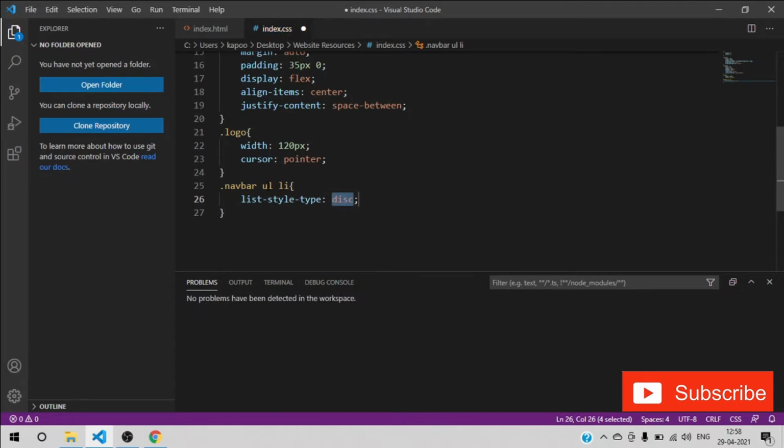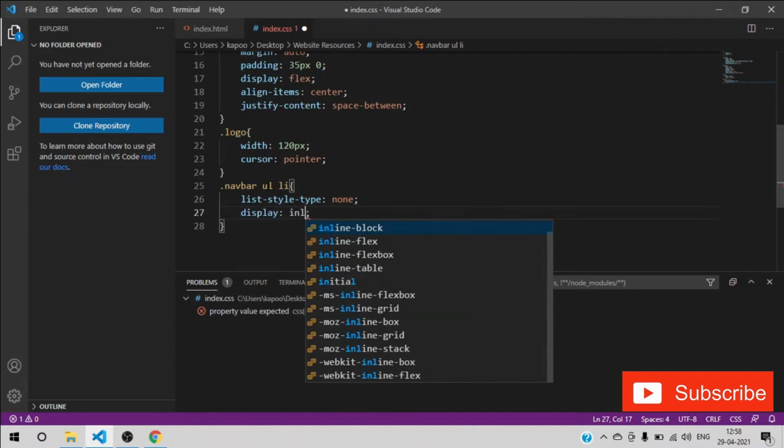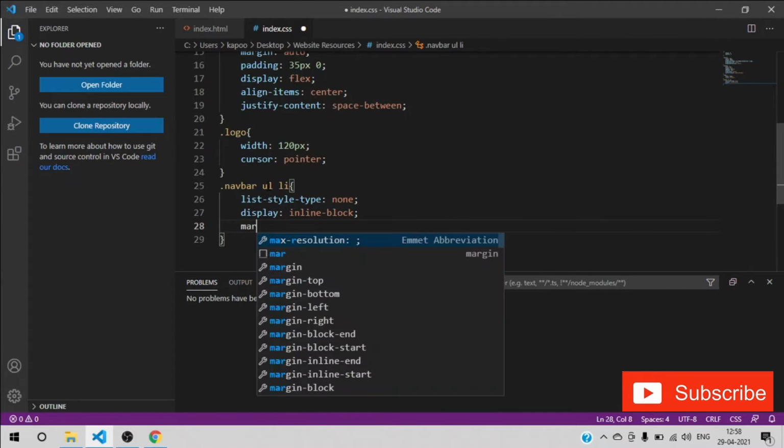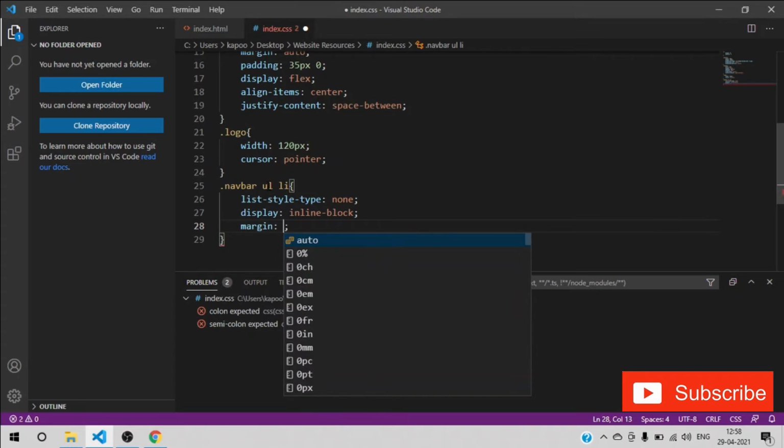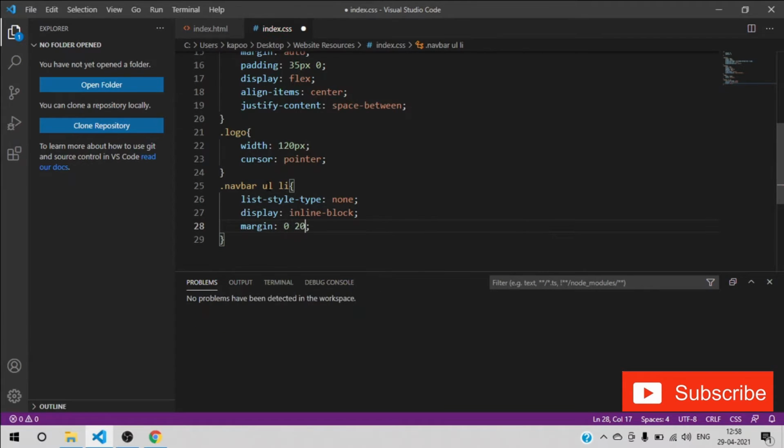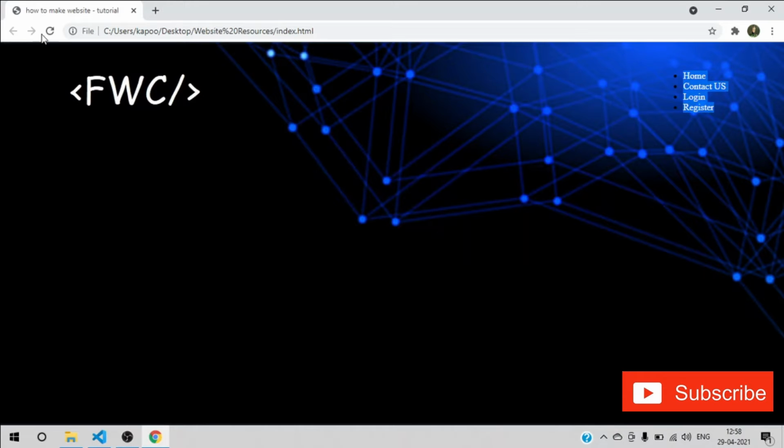So list style type we can have is none, and then just make the display as inline block and give the margin as 0 and 20px, 20 from the bottom and 0 from the top.